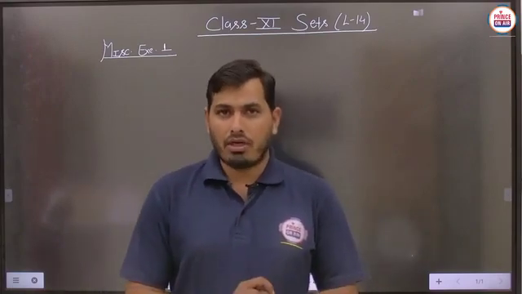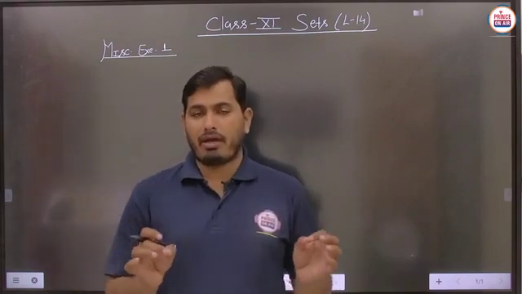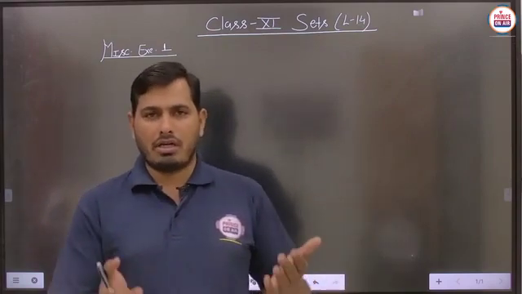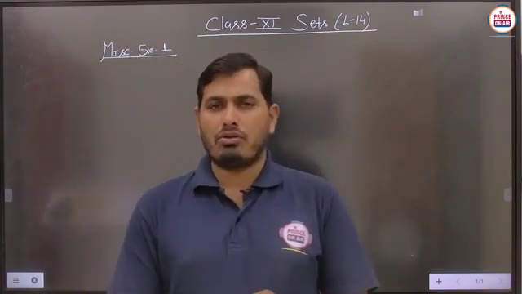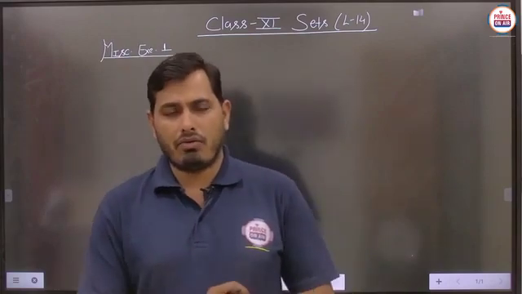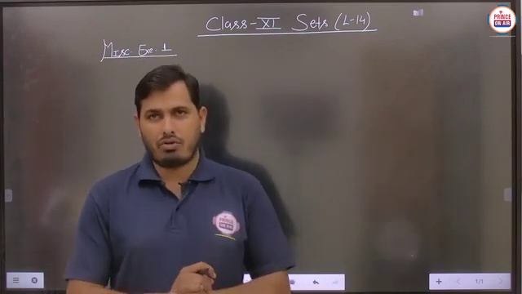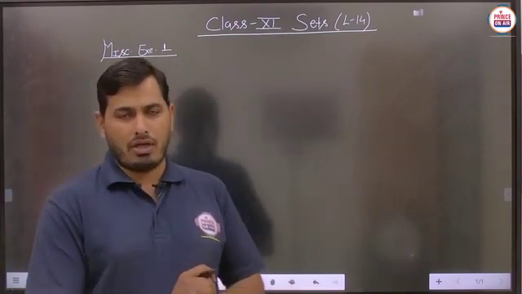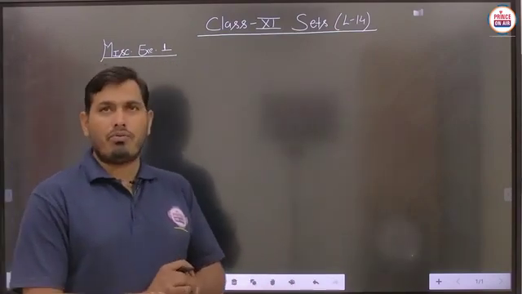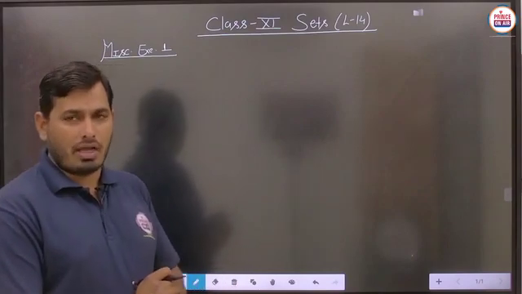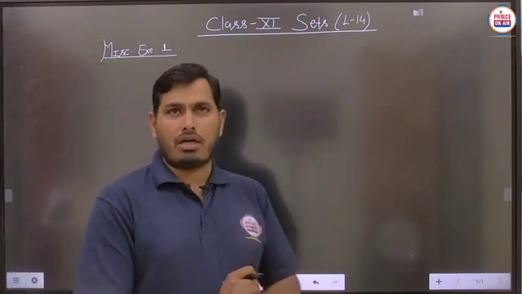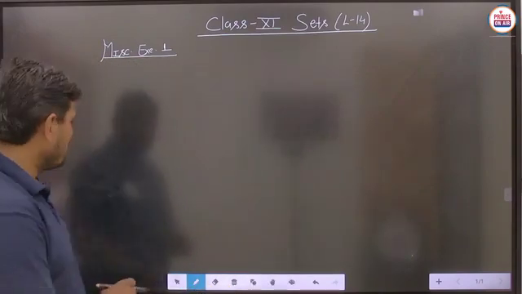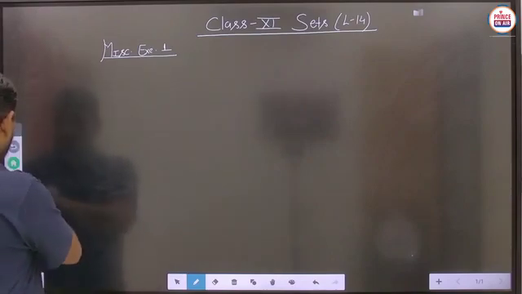Then we have to take a general element x in any of the sets, use the basic properties of sets, and simplify the given results. Is that clear? So we have to keep all these things in mind. Up to question number 4 we have already discussed in the last video. Now today we are starting with question number 5.